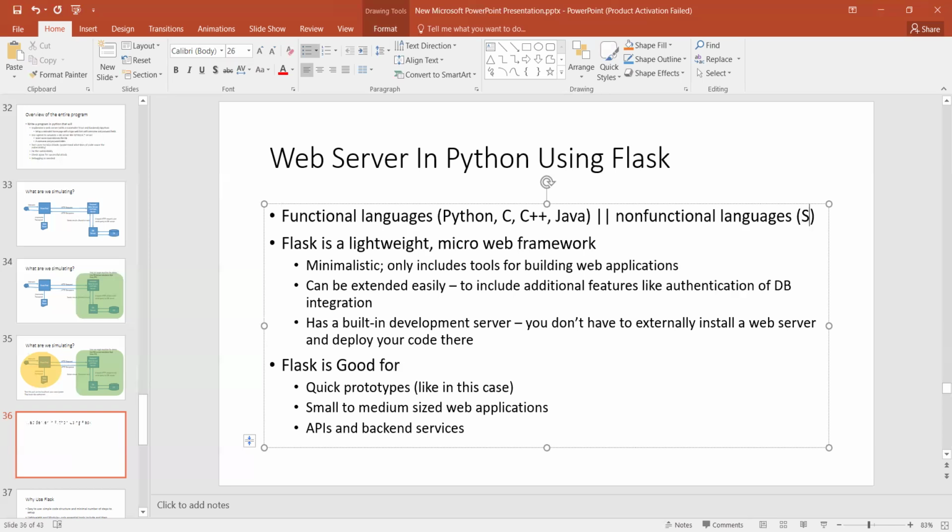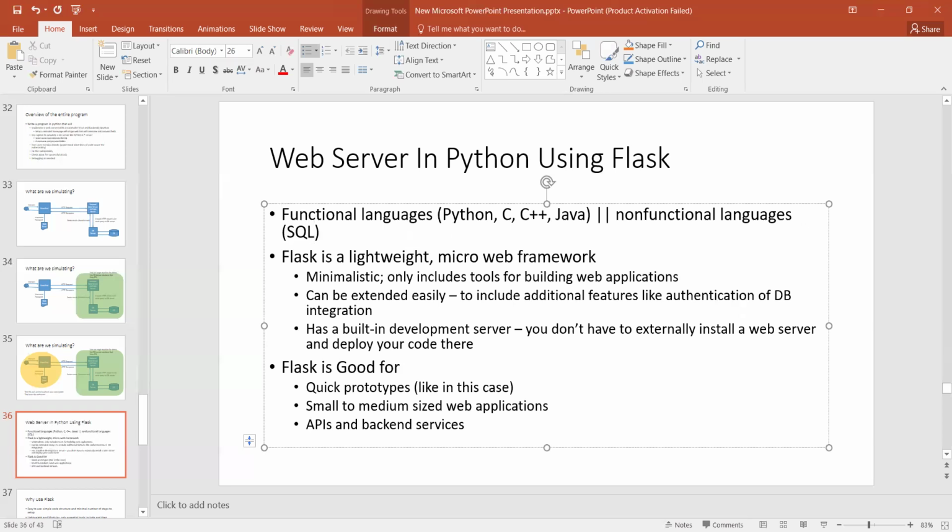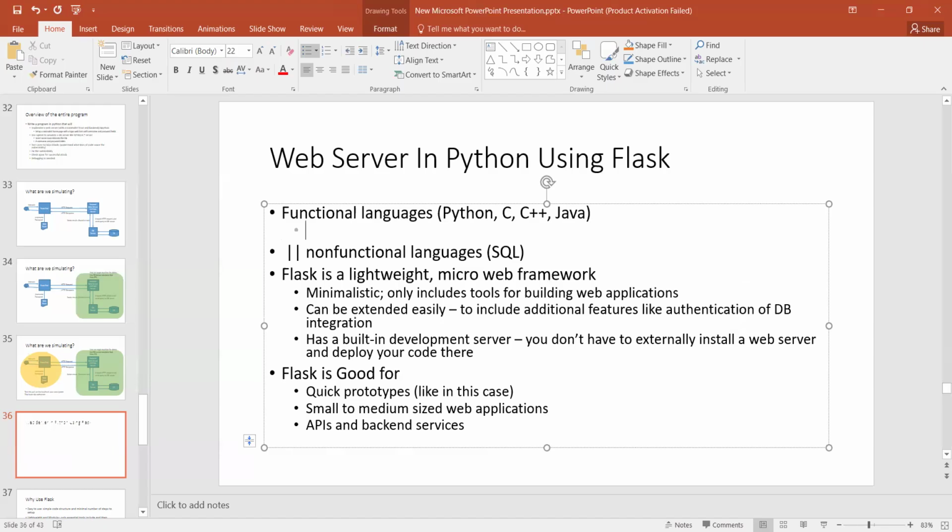Whereas there are other languages like the structured query language that we have discussed in class. These fall into the category of non-functional languages. Now, what is the difference between functional and non-functional? Essentially, what it boils down to is that, let's say you want to implement something, right? So there is a logic of what you are trying to implement. So let's say if you're doing secure digital authentication, there is a security logic of the program that needs to be implemented. So essentially, you need to express what you are trying to implement,